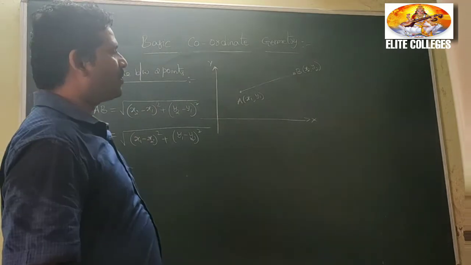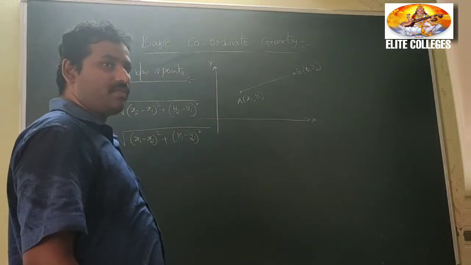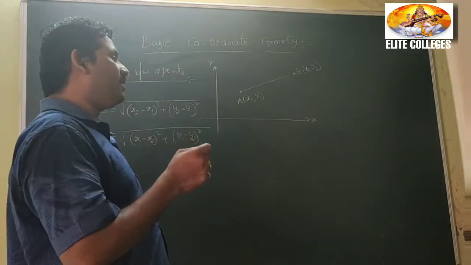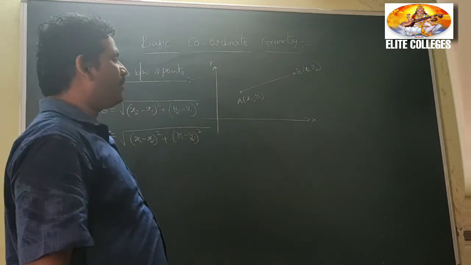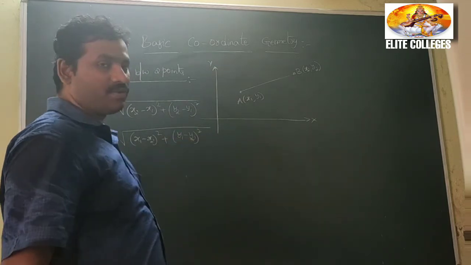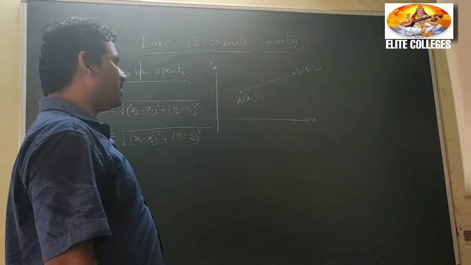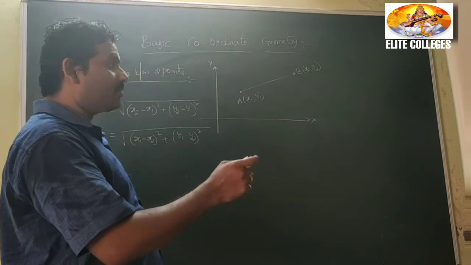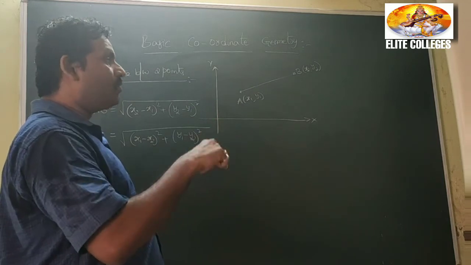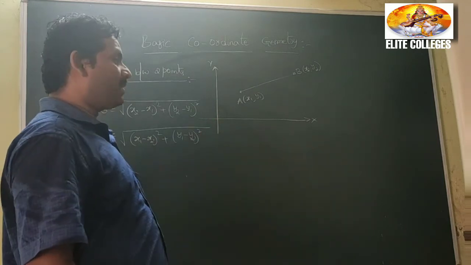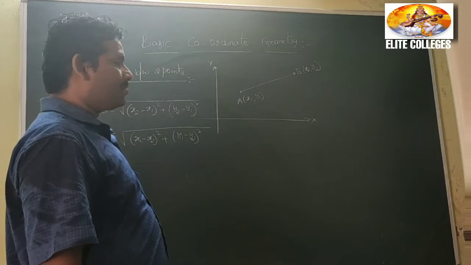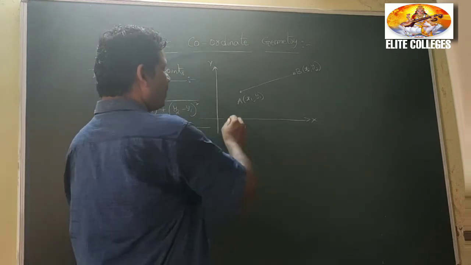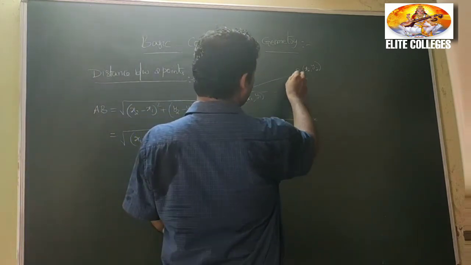And dear students, you can go through the proof of this one. In mathematics, for every formula there is a proof. You can go through the proof of how to find the distance between the 2 points. Then you can learn the concept of distance between 2 points and see how to use the right angle triangle Pythagoras theorem. So I will give you a hint.